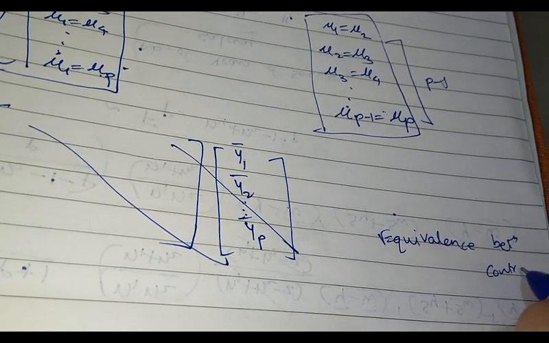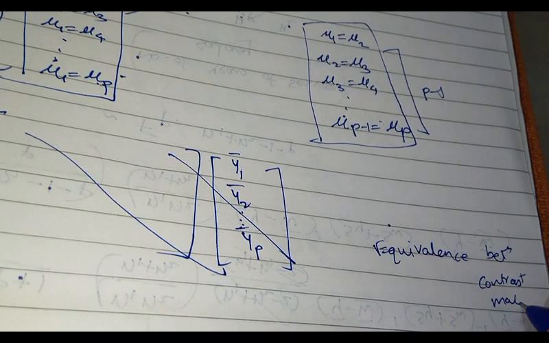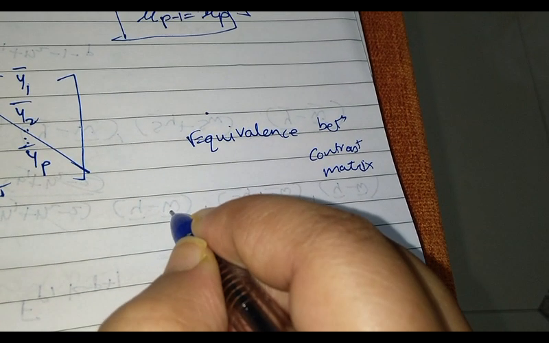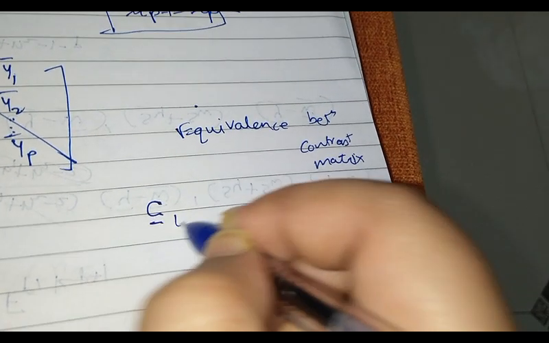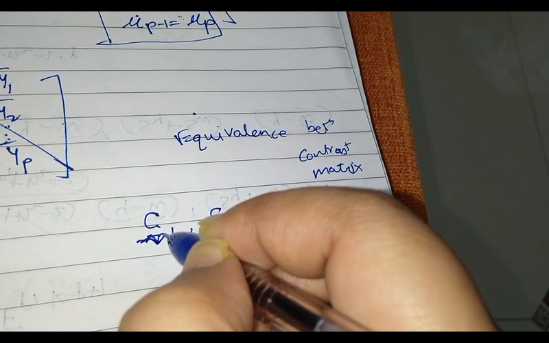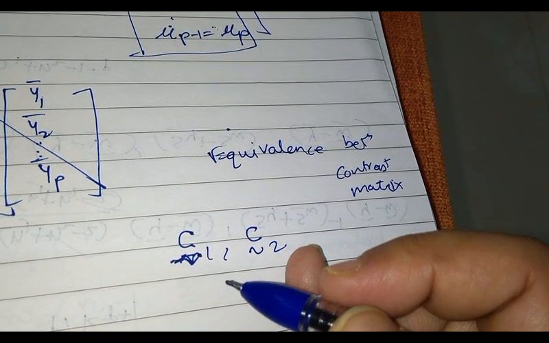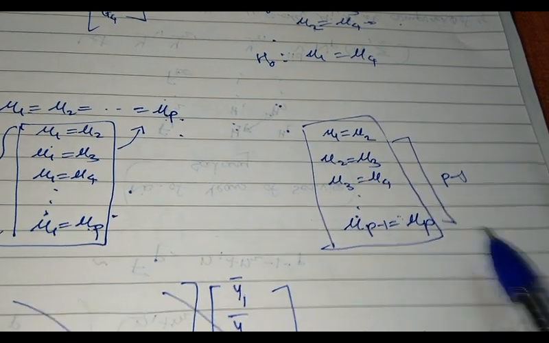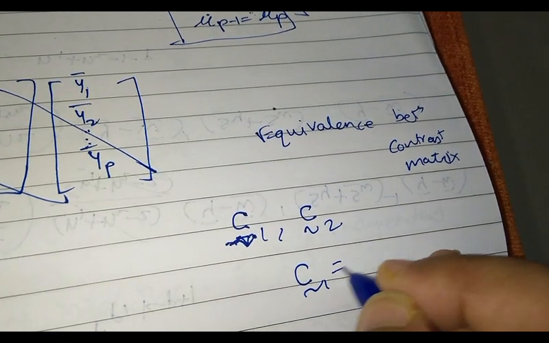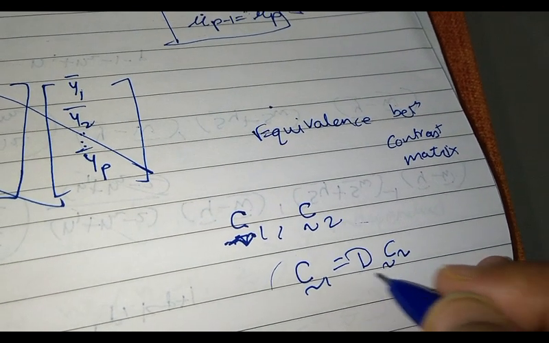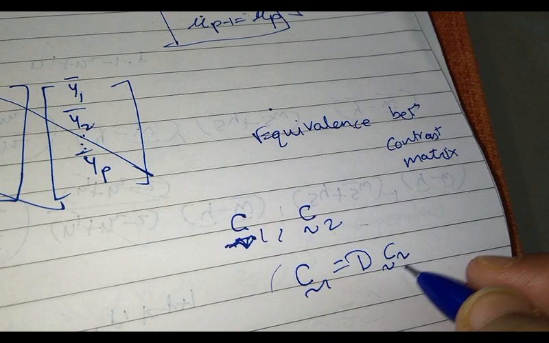What is a contrast matrix? Contrast matrices are those matrices where the row sum is 0. Each row sum is 0. So if I have two contrast matrices, say C1 and C2, which represent a similar set of conditions like here, then you can represent one of them in terms of the other, and then you can prove that the Hotelling T-square computed from both of them would be equal.